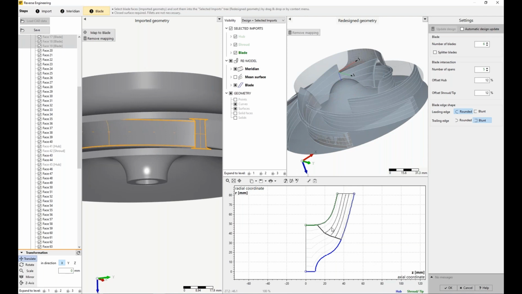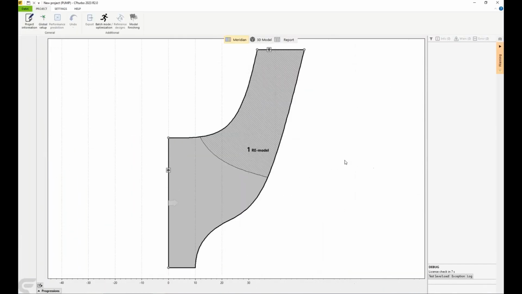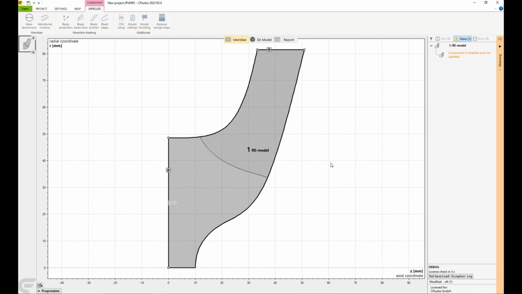But as I said before, that's not really necessary because the blade will be generated by projecting those inner spans anyway. If this was done, I can just click OK, and the reverse engineered